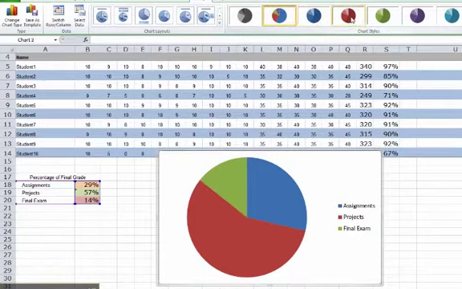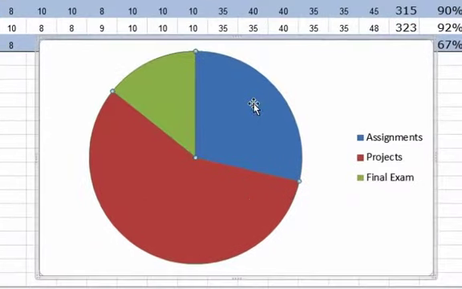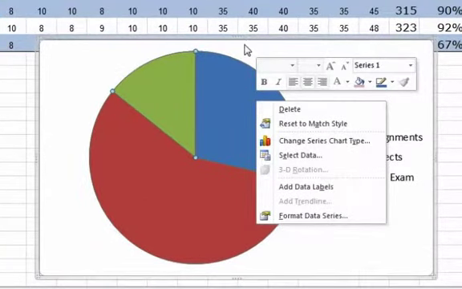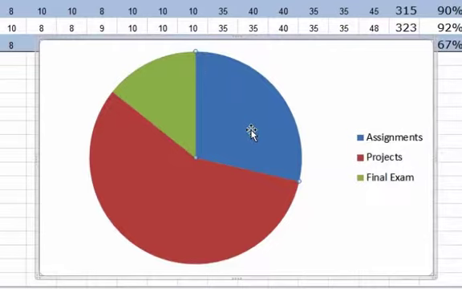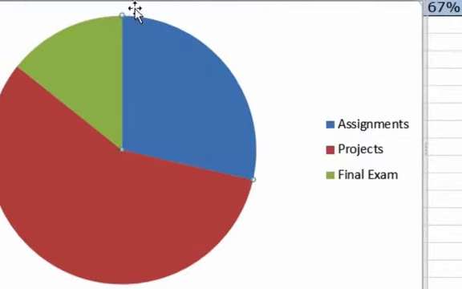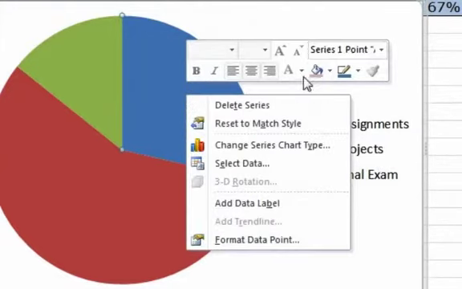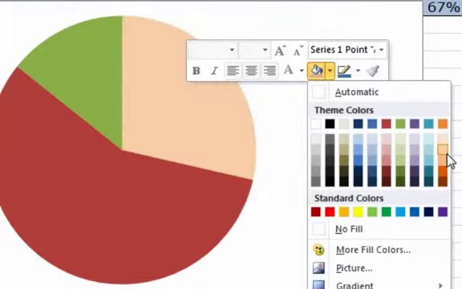Now you could use some of these things. You could color code it like that. But what I'd like to do is color code it to how we did it in the spreadsheet. So let me put it back to this color so I can recognize them a little better. Assignments was that orangey color. I could go here and click on it, and you'll see the little anchor points around that section. That'll tell you that that's the blue section. And if you right click here, you could go over to the paint bucket, and I'm going to change that to be that kind of orangey color